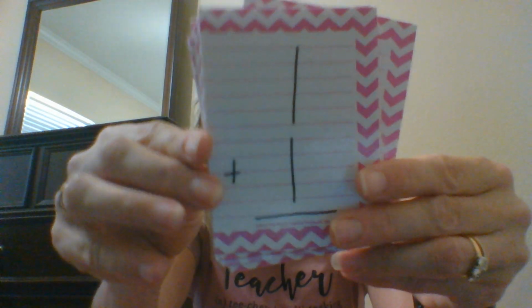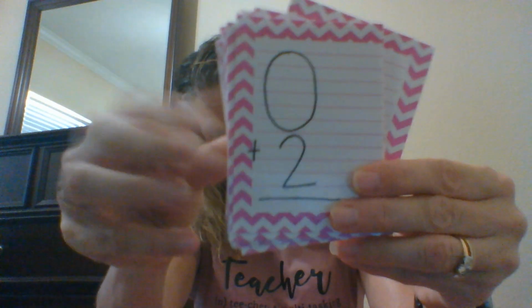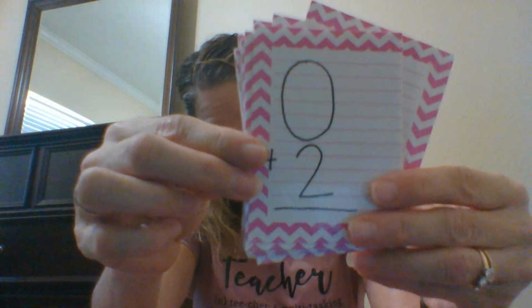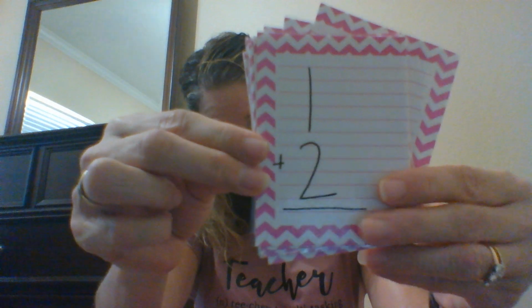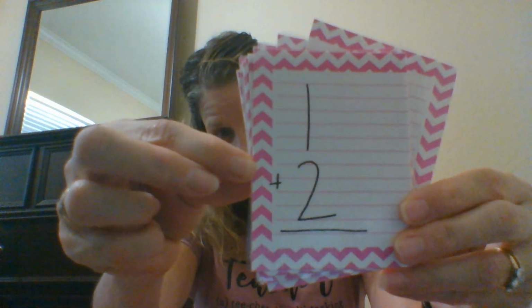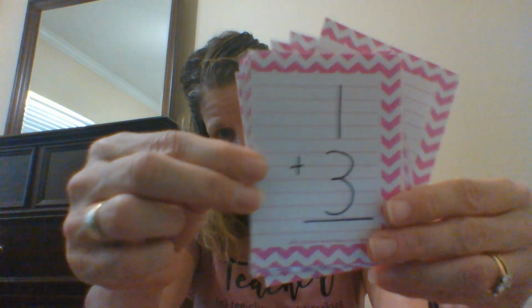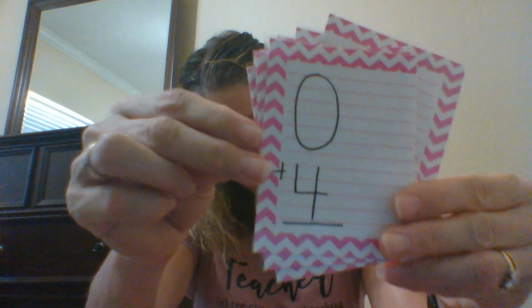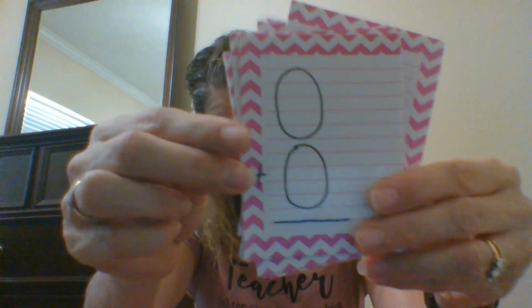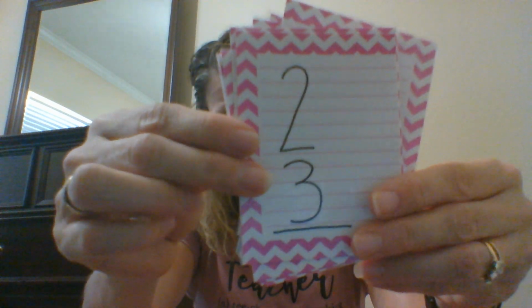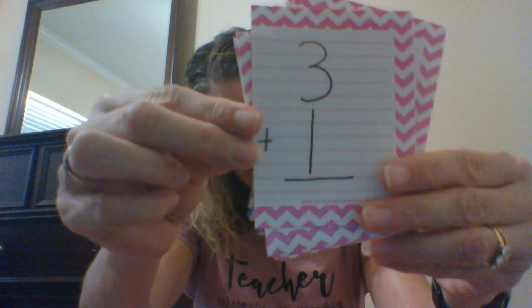Remember, try to beat Mrs. Gibbs. 5. 2. 2. 0 plus 2 is 2. 1 plus 2, 3. Leap so high. 1 plus 3, 4. 0 plus 4, 4. 0 plus 0, 0. 2 plus 3, 5. Good. 3 plus 1,